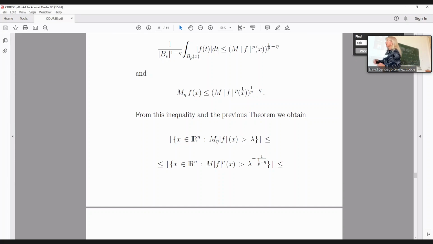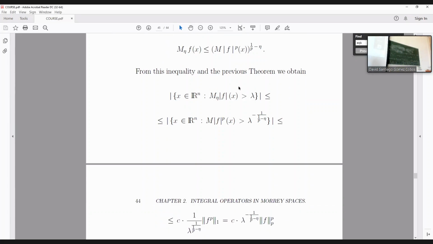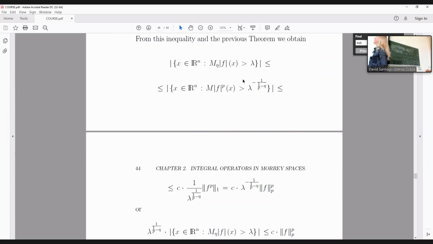The measure of this set is less or equal to a constant C times the norm in L1 of f, because we know the relation between weak spaces and Lp spaces: the weak space is less or equal than the Lp, and we have here 1 over this quantity,